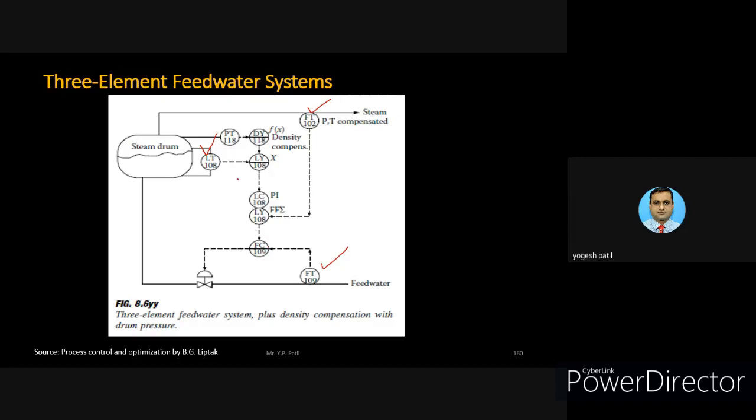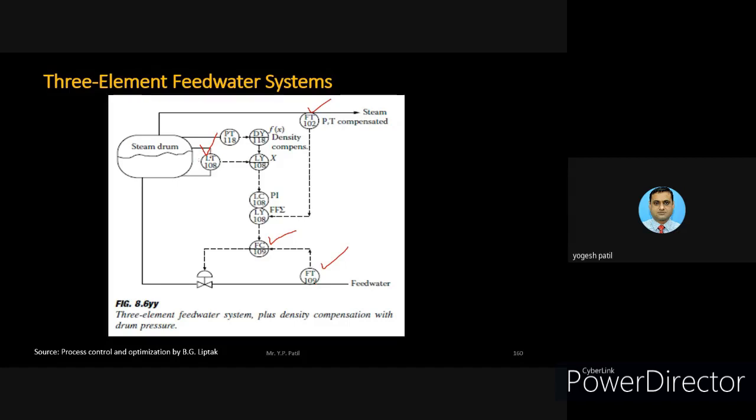So this cascade arrangement gives the set point to this flow controller for the feed water, and then the feed water flow rate can be regulated with the help of this cascade arrangement, as well as this additional feed forward arrangement, so that any disturbance in the pump side can be overcome. The main motto of this feed forward arrangement is to mainly avoid the disturbance effect on the drum level control. That is why the feed forward arrangement is utilized in this particular control.